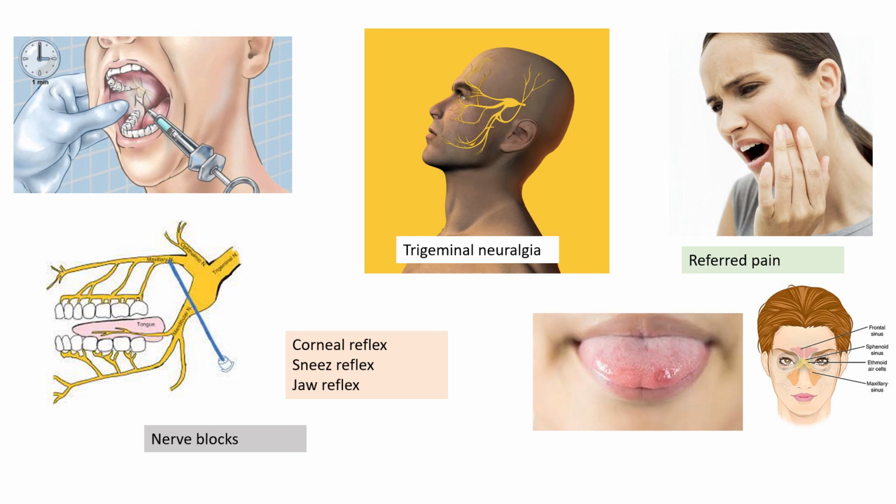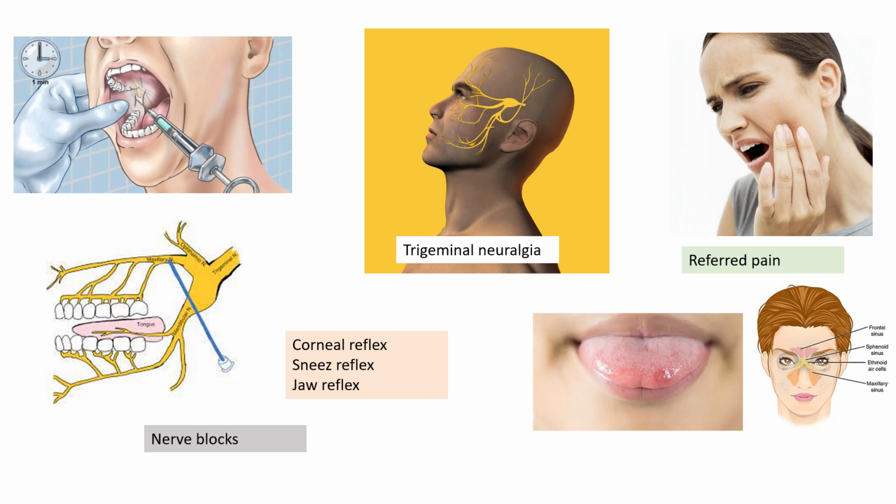So that is the treatment of trigeminal neuralgia. And one more thing about the trigeminal nerve is the referred pain, because it has got wide sensory distribution by its three divisions. Each division has many branches supplying variable areas. Suppose there is an ulcer on the tongue, which receives sensory supply from the lingual nerve, a branch of the posterior division of the mandibular nerve. So the pain can be referred to the ear.